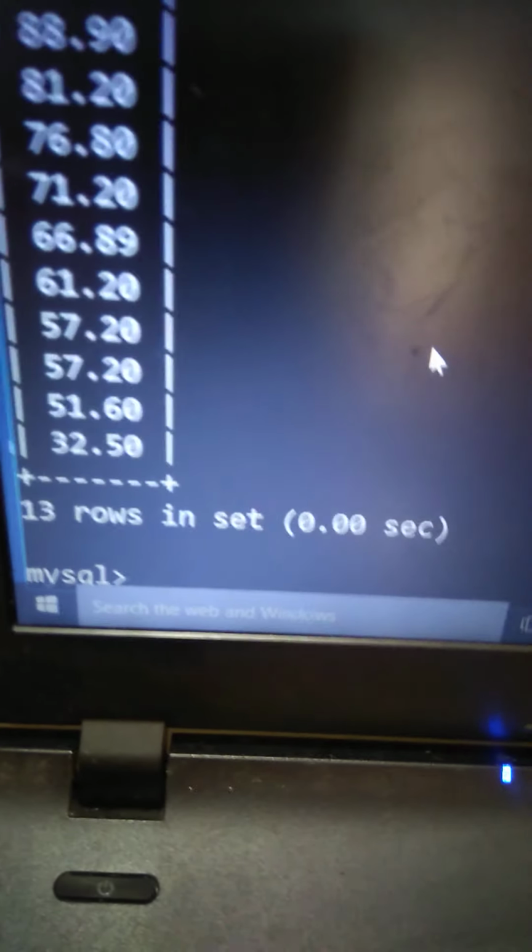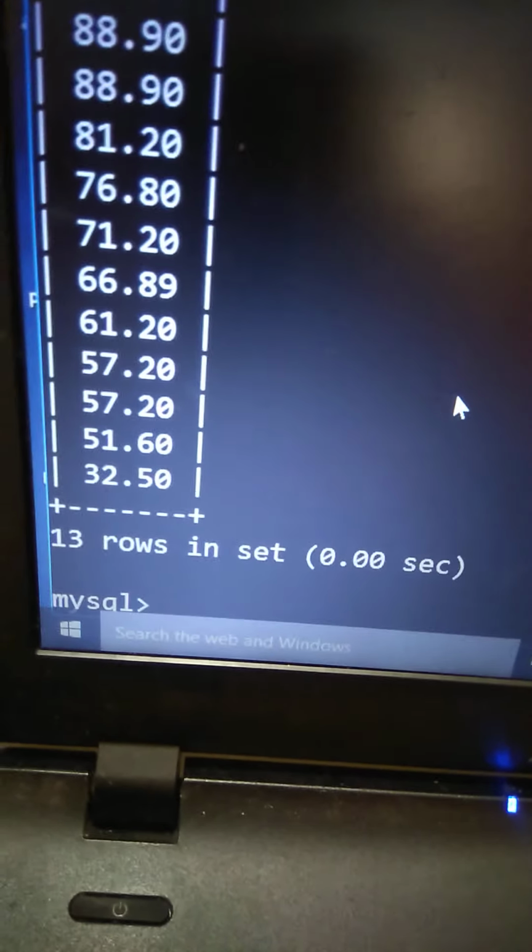Now if you want to display the data in descending order, you can write DESC. DESC means descending, right? So the data is in descending order, from high to low: 97, then 91, then 88, 88, then 76, and so on. Clear? So this is the ORDER BY clause on one column.